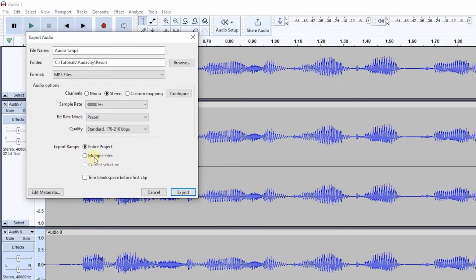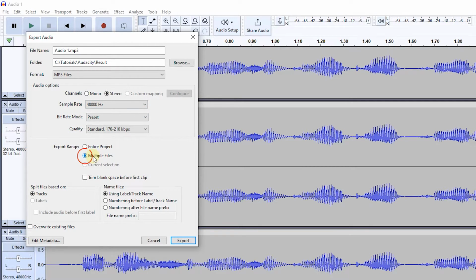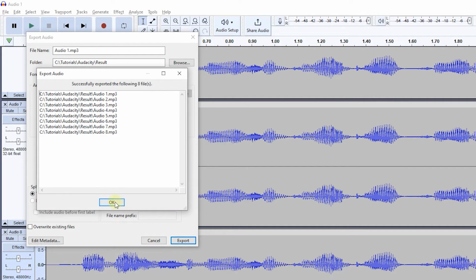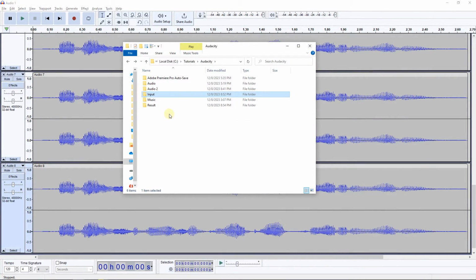Just make sure to check the multiple files option instead of entire project. You also can add numbering and prefix to the audio files, but I only want the original audio names. At last, click on Export button. And now we converted multiple WAV